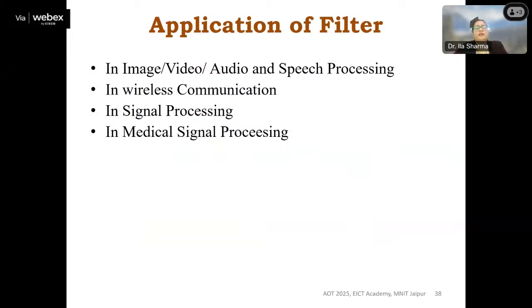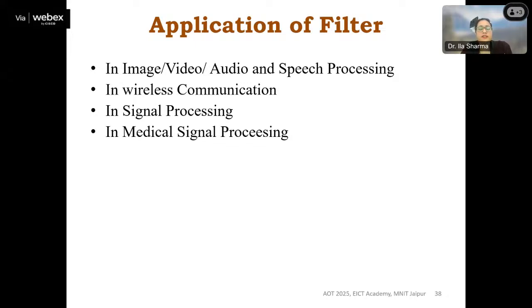And at the end, the applications. I think we have already discussed this filter. It can be employed in image processing, where you can use it for compression and noise removal. Similarly in video and audio, you can use it for compression as well as removal of noise, or for subband decomposition.